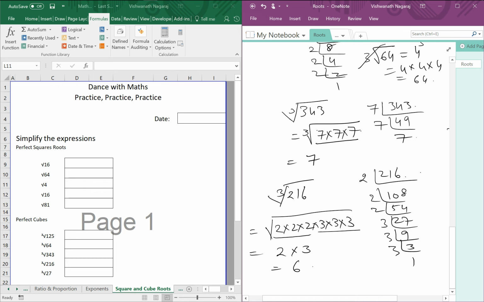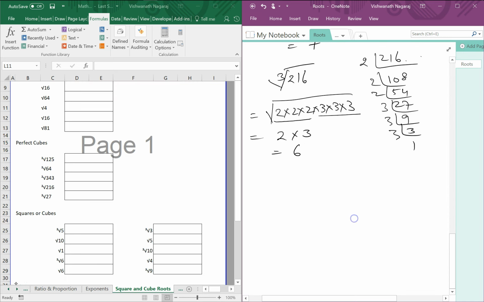Again, how do you verify? Just take 6 cube. 6 6s are 36. 36 times 6 gives you what? It should come to 216. So because this is very useful in solving a lot of other problems, you should